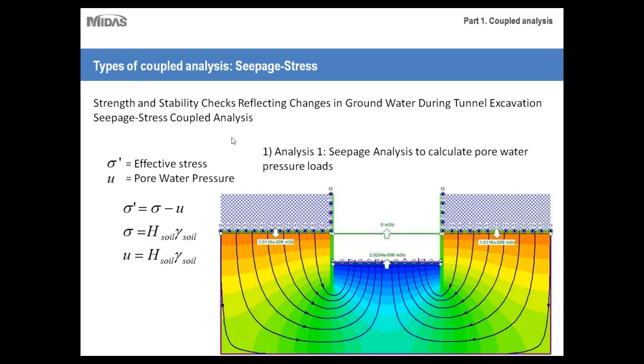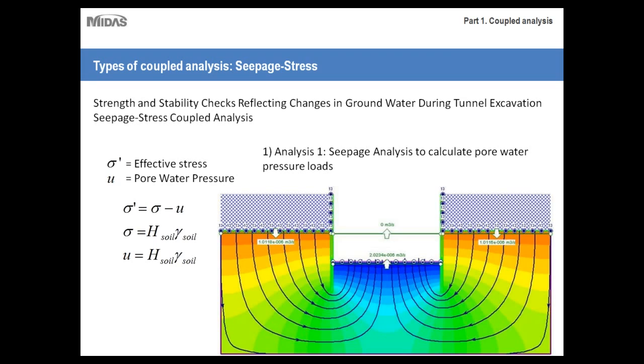Okay, and here's another example of our coupled analysis. This would be a seepage stress analysis. Essentially, a seepage stress analysis is first a seepage analysis to analyze the effects of pore water pressure, followed by a stress analysis to analyze the effects of that pore water pressure. This time, instead of a slope, it would be an embankment, a retaining wall, a pile foundation, those sorts